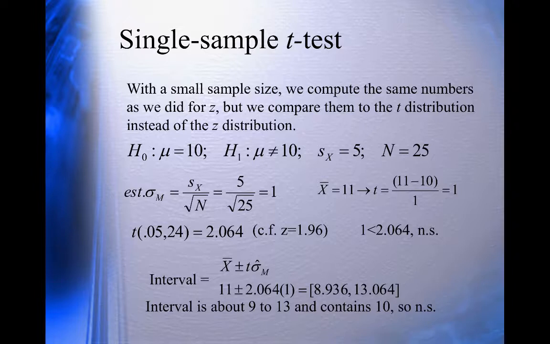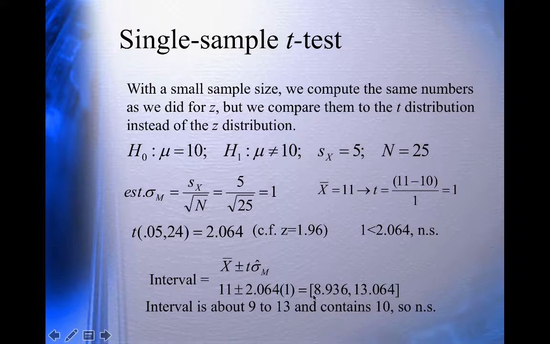The confidence interval for the mean using a single sample t is the sample mean, x bar, plus or minus the critical value of t times the standard error of the mean. So here we have 11 plus or minus 2.064, which is the critical value of t with 24 degrees of freedom, times the standard error, which is 1